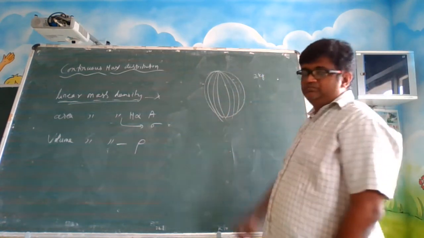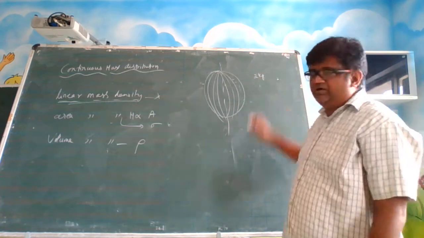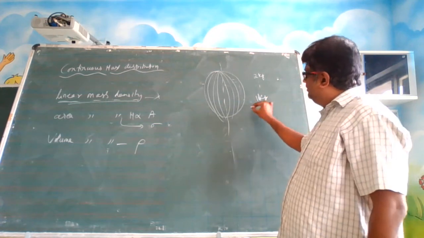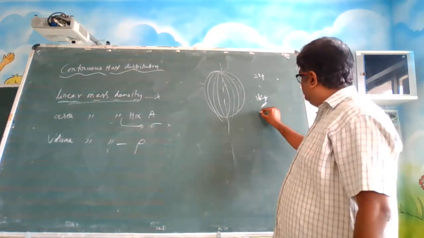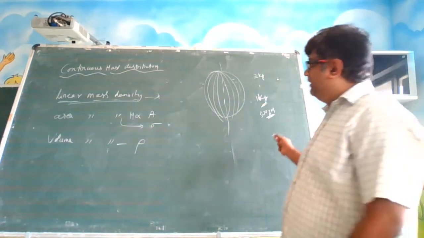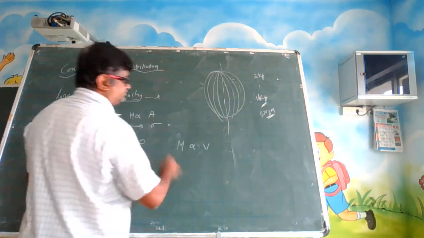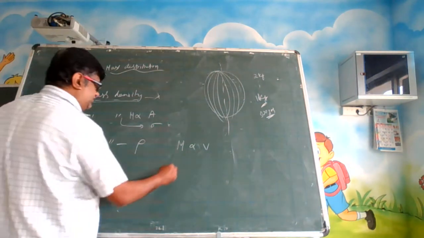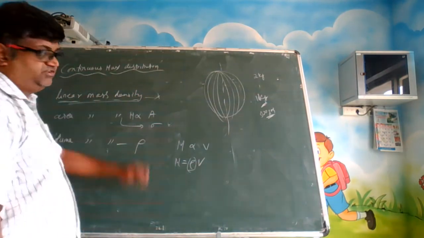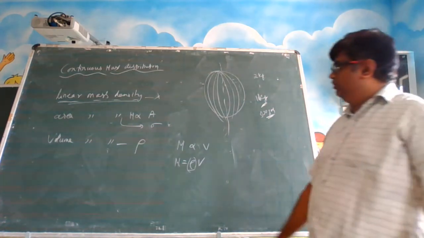I cut it in half. What will be the weight of the half piece? If you measure it, it will be 1 kg. If I make a 1/4 piece, it will be 500 grams. Isn't it? So here the mass is also uniformly distributed, but mass is proportional to volume. V is volume, so mass is equal to some constant times volume. What is this constant? Volume mass density. What is the unit here? Rho will be in kg per meter cube.